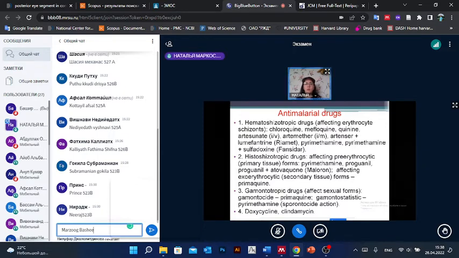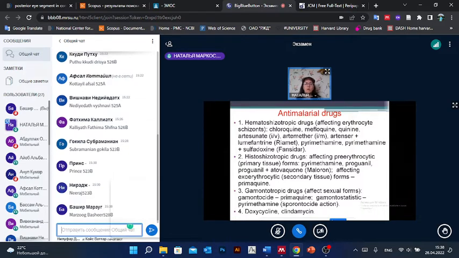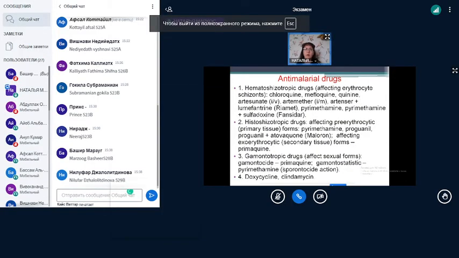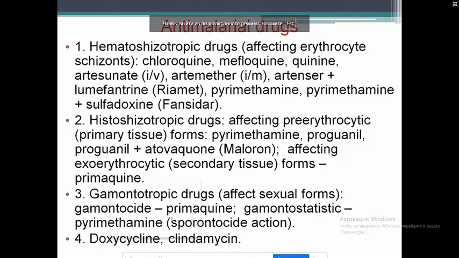Hematoschizotropic drugs, affecting erythrocyte schizonts: chloroquine, mefloquine, quinine, artesunate IV, artemether IM, artemether with lumefantrine, pyrimethamine with sulfadoxine or Fansidar, a prolonged sulfanilamide, students. Next group,